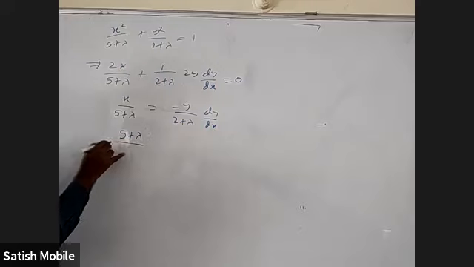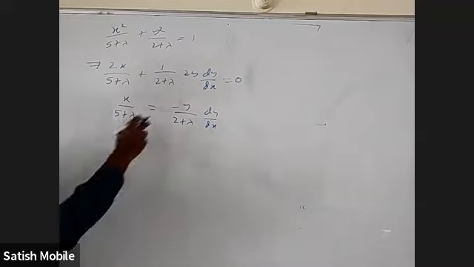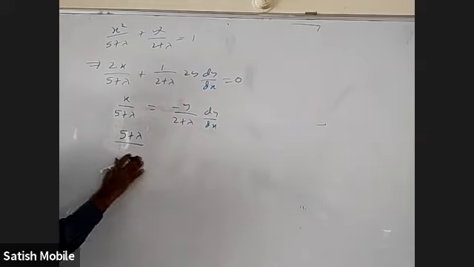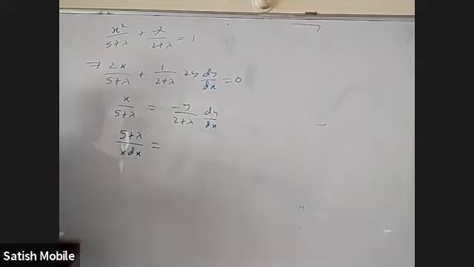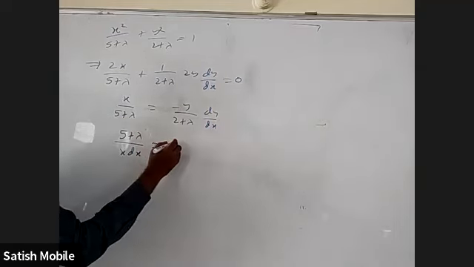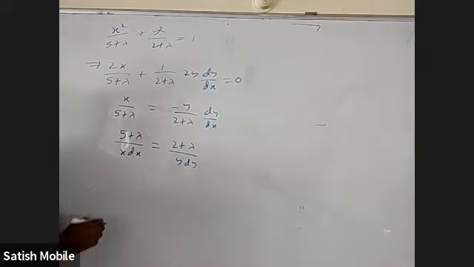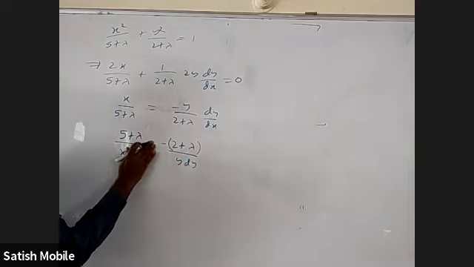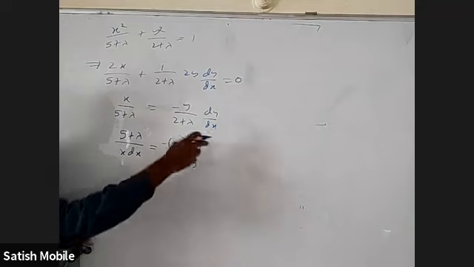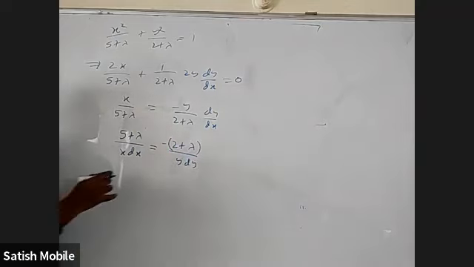I can take 5 plus lambda by x dx is equal to, I'm purposely doing it in a particular way, 2 plus lambda by y dy with a minus here. Actually, I can take it equal to k. This I'll get something, this I'll get something. When I subtract, I can find something. Almost the same. I think all of you know.